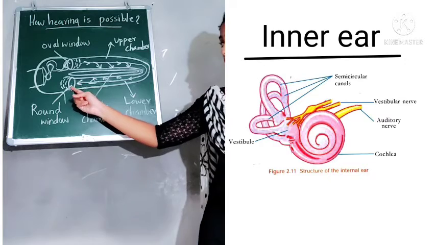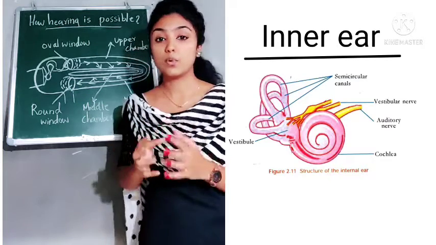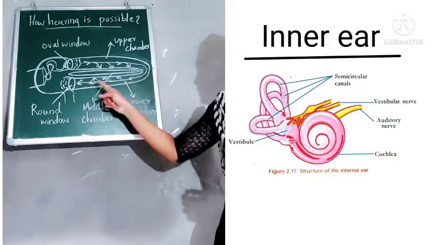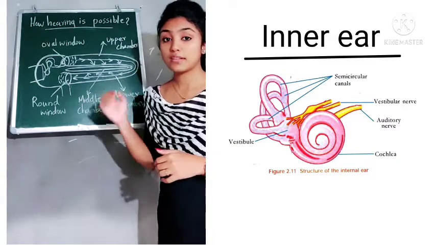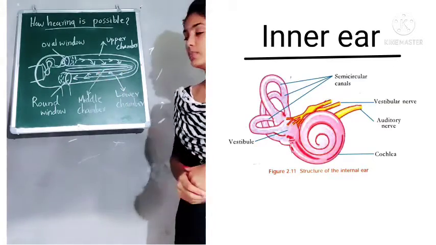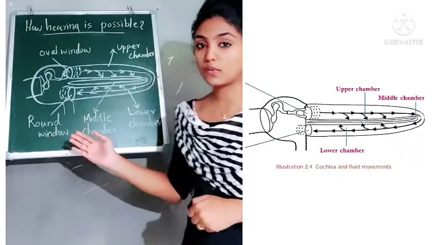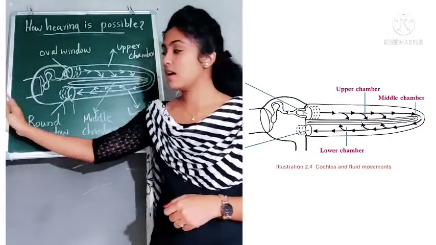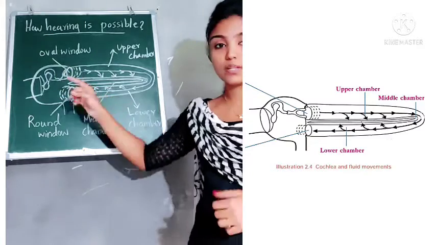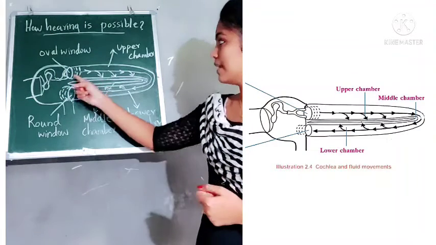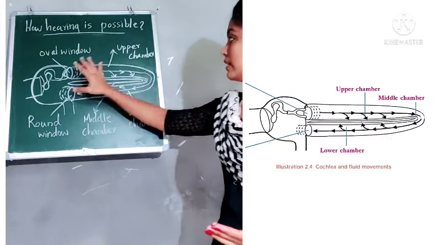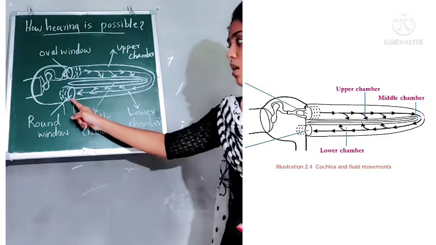The function of this membrane is to enable the movement of fluid inside the cochlea. So this is the cochlea. There is some fluid inside the cochlea, and the movement of this fluid is possible with the help of the round window. So let us look at the structure once more. Here there is the pinna, and then the auditory canal, tympanum, and ear ossicles which include malleus, incus and stapes. Then there is a membrane, which is termed the oval window. Then this is the cochlea, and then the round window.